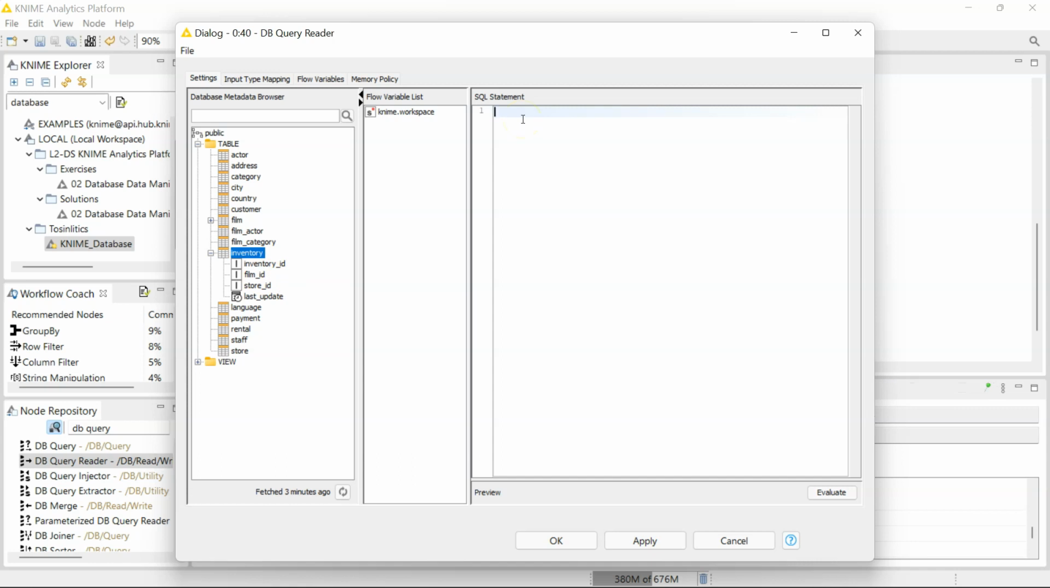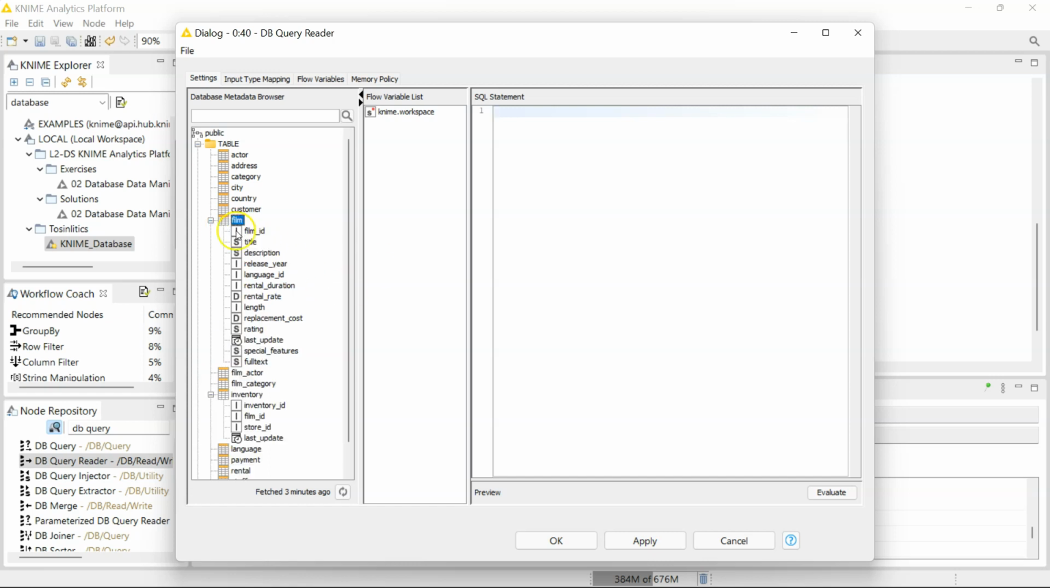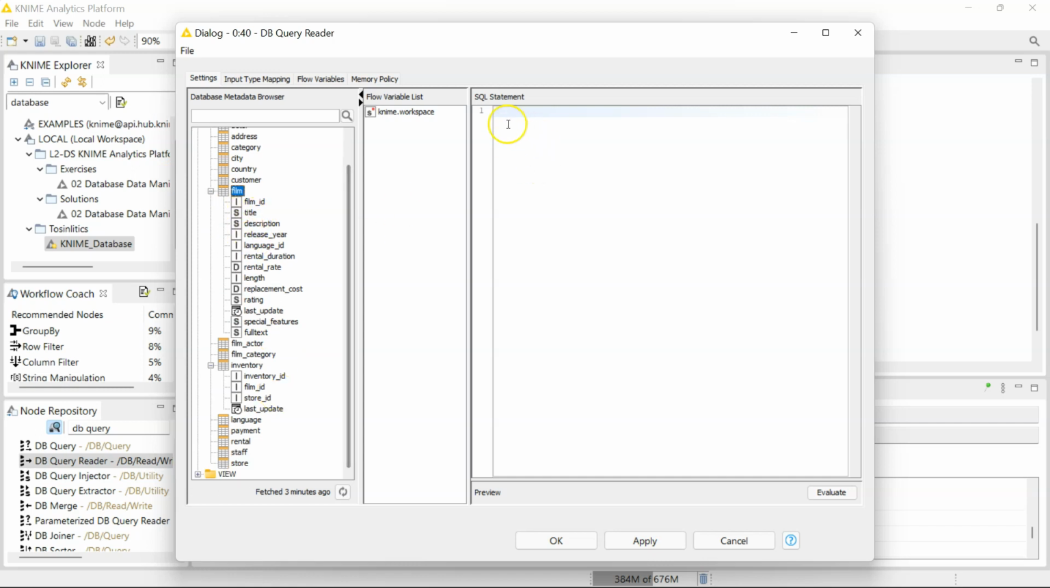Let's say I want to know the inventory ID, store ID, and the last update information for each movie, but I don't have the title. So I have to perform a join to the film table to bring back the title. You can write a SQL query to do that all within KNIME, so you don't have to bring the data externally. So you just write